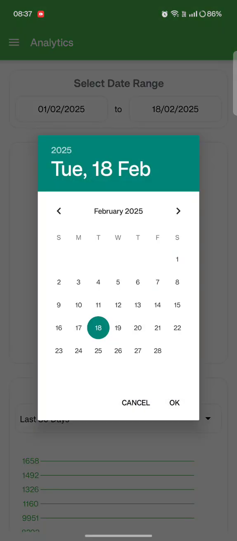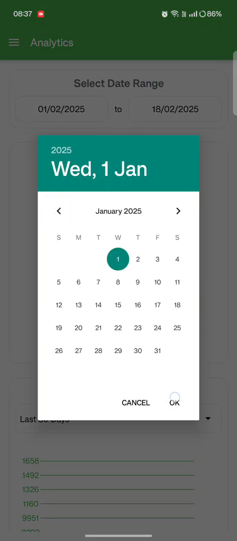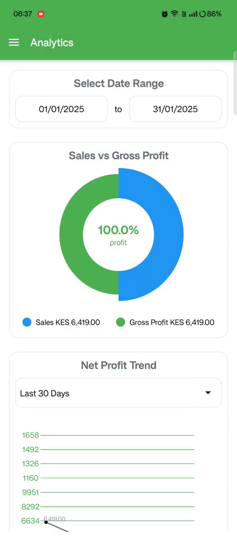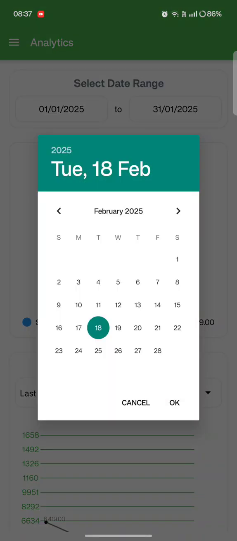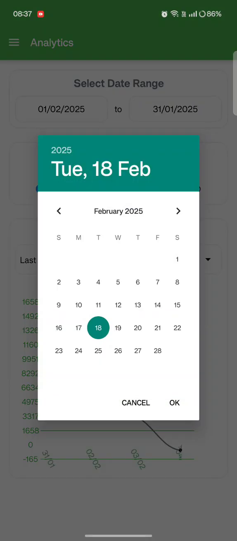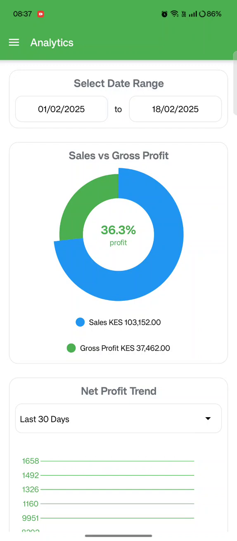I can decide to say let me see January 1st all the way to the end of January. So January 1st to 31st of January, how did I perform? This is 100% profit, which doesn't make a lot of sense, and that is because this is dummy data. If I say, for example, let's see February, what about February 1st to today? Yeah, to today, which is on the 18th of February. This is 36.3%. So that one, that is a graph that you can check, you can play with and see